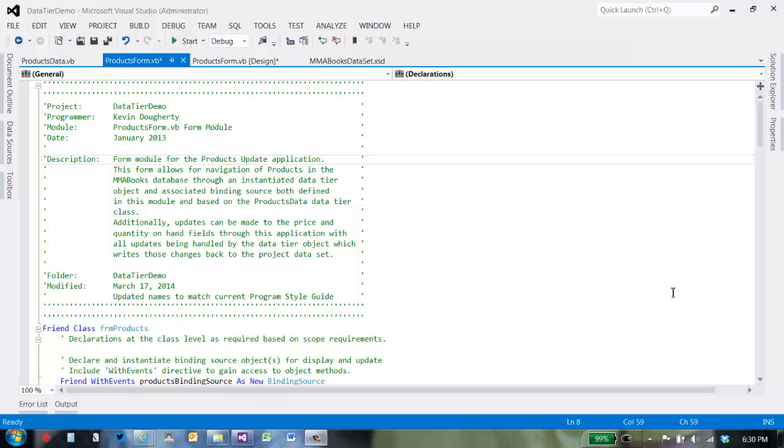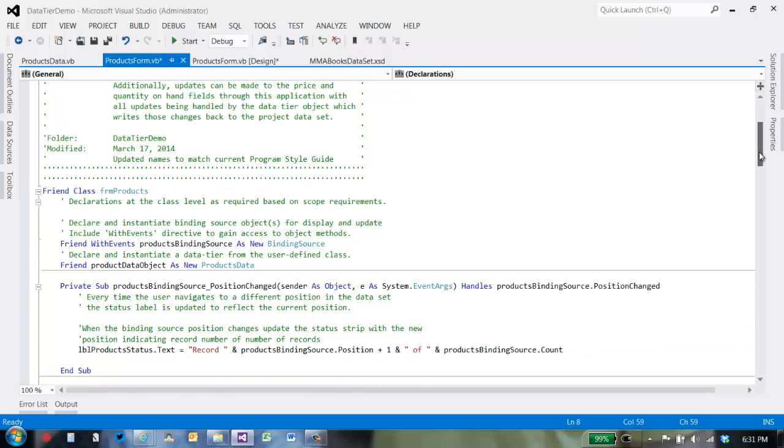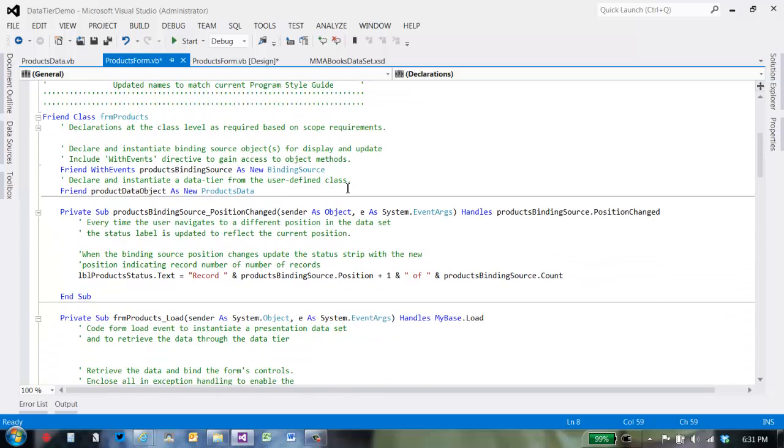So let's take a look inside the presentation tier to see how we're going to access those data objects, or at least that data tier that we defined in the previous video. At the class level, there's a couple of objects you're going to need here. Of course, you're going to need an instance of that product data tier. In this case, we're going to call it the product data object, and it's instantiated here as a new instantiation